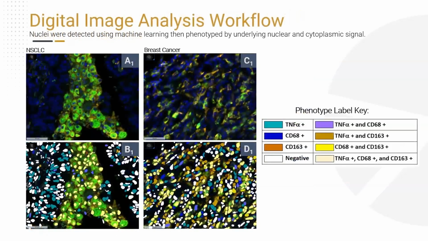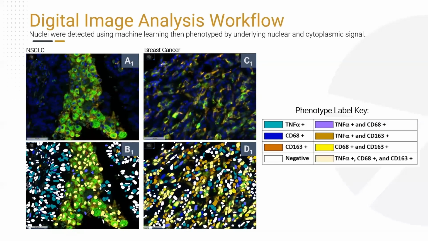We then performed our image analysis workflow, and this is where the nuclei were detected using machine learning, then phenotyped by the underlying nuclear and cytoplasmic signal. Here I'm also showing a detailed 4DX view of the NSCLC sample on the left-hand side. And on the top, we have this without the labels, and on the bottom, we have